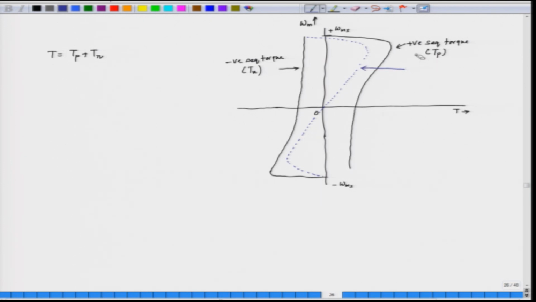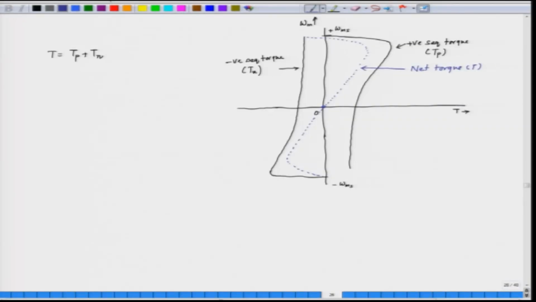This is the net torque, which is T. So, we see that the starting torque is 0. If we have a single phase machine, it cannot start on its own, because there is no starting torque here. The starting torque is 0. This axis is the speed axis. So, speed is 0 here, but as the speed increases, maybe in the positive direction, we see that the motor picks up speed and settles down to the full value.